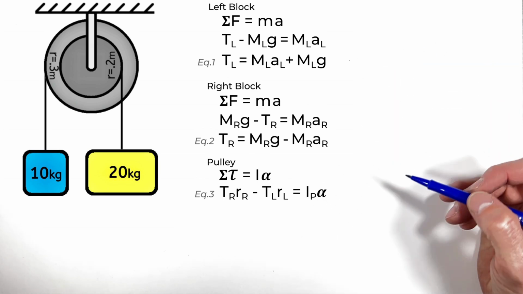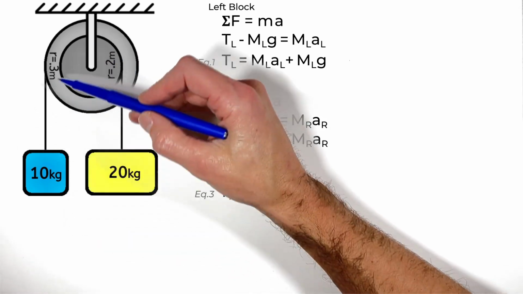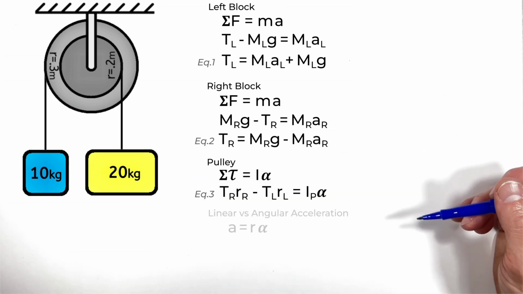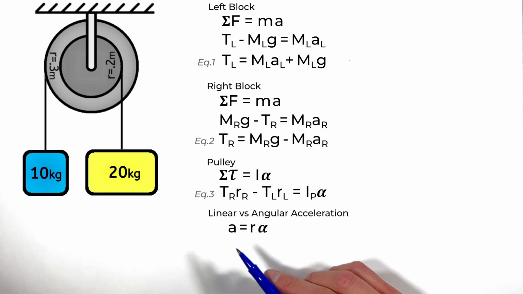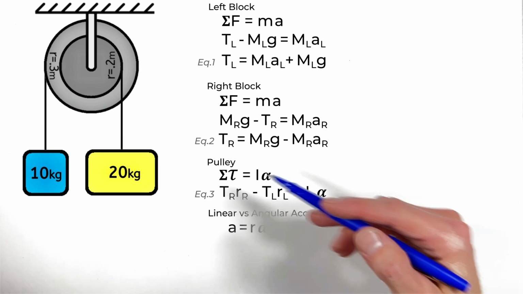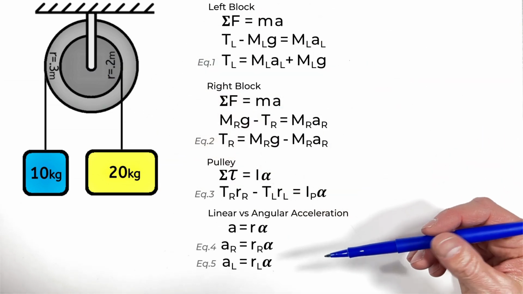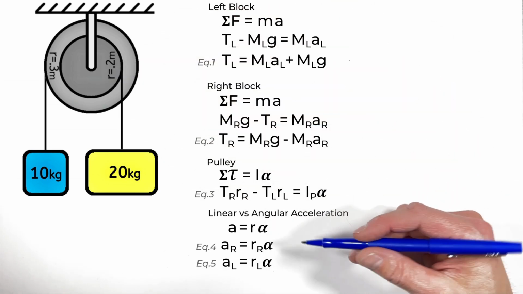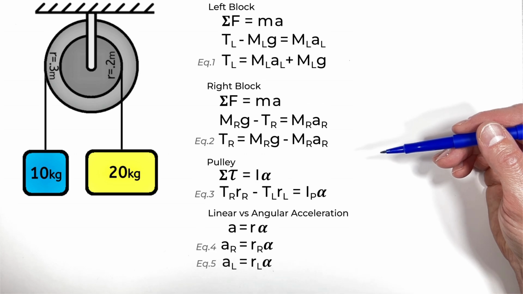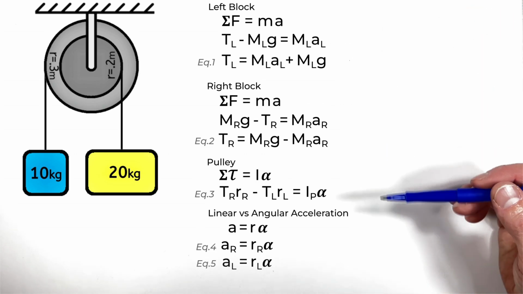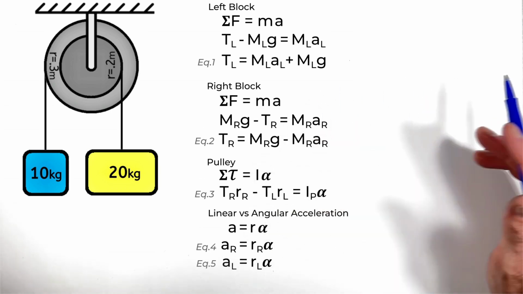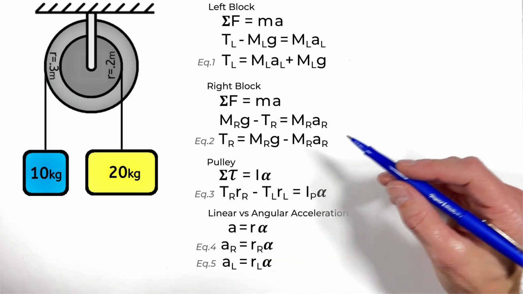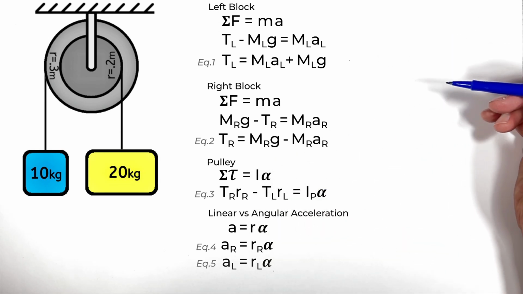What we have to somehow do is relate the angular acceleration of this pulley to the linear motion of our two blocks. Now we can relate linear acceleration to angular acceleration through the equation A is equal to R alpha. So on the right side of this pulley, we can say the acceleration of the right block is equal to R alpha, and the acceleration on the left is equal to R on the left alpha. So what we have now is a system of equations. And I understand that 5 equations and 5 unknowns might seem a bit daunting. I'm going to walk you through that. But realize, at this point, we're done the physics. And all we have left is some math, or really just algebra, to work through in order to solve the